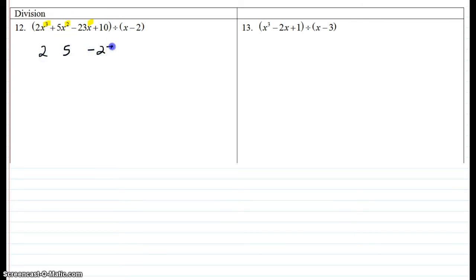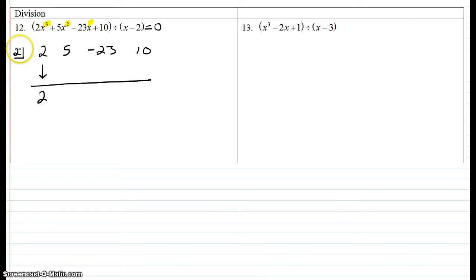2, 5, negative 23, and 10. And so now the number that's going to go here is what makes this equal 0. And so it's not negative 2, it's the opposite, it's positive 2. Kind of goes back to what we were talking about earlier for the graphing. If it's inside the parentheses, it's counterintuitive. It's opposite of what you think. Alright, so we bring down,